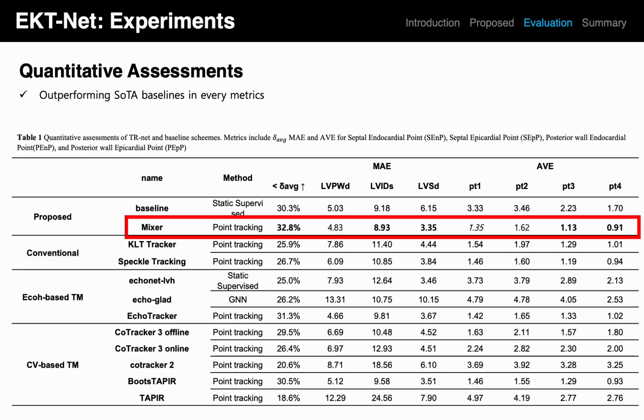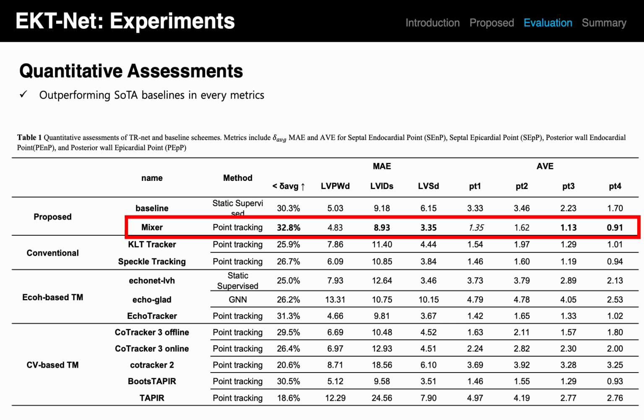Now let's interpret the quantitative results. We compared our method with several existing learning-based approaches and conventional tracking methods. The proposed network consistently outperforms all of them across evaluation metrics. Interestingly, some general computer vision trackers achieve reasonable average distance scores. However, they struggle with biomarker MAE and temporal stability.